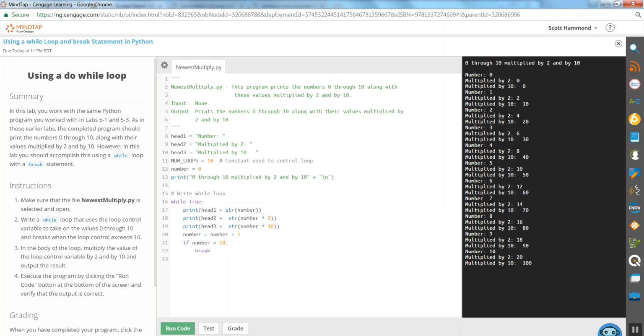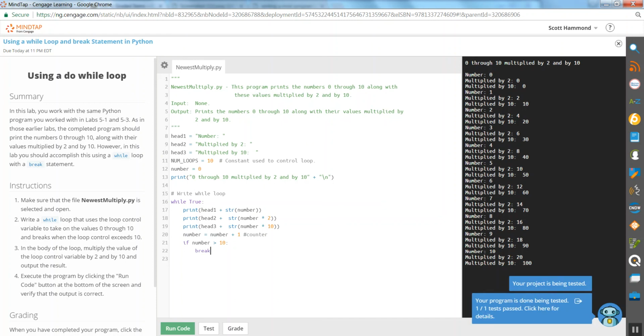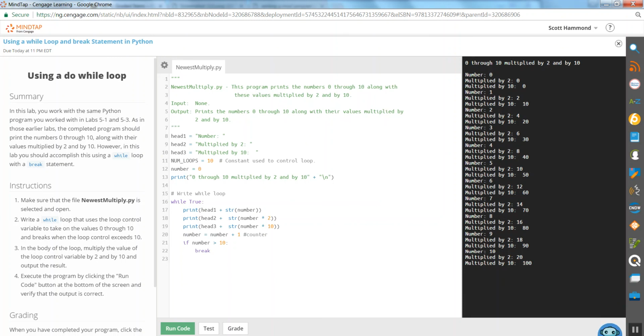So here's our counter, or incrementer. These are the output statements. Here's how I get out. Here's my break. Okay. So if I test this, see what it says. It could say I've got a problem with you just trying to skate by with a true, but no, it says I'm fine. All right. So we'll see you in the